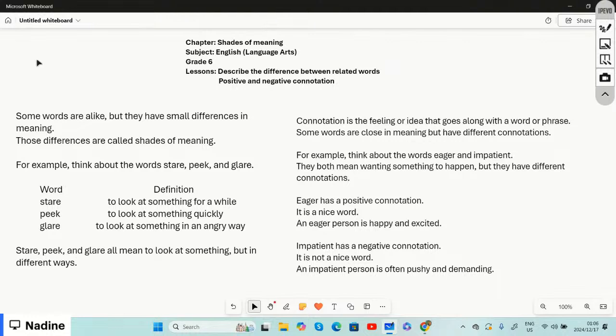So that is shades of meaning. It's words that are alike, but they have small differences in meaning. So we can use the same word to maybe describe something, but the meanings of those words are slightly different, right? So some of the words are literally alike, but some are maybe more exaggerated,